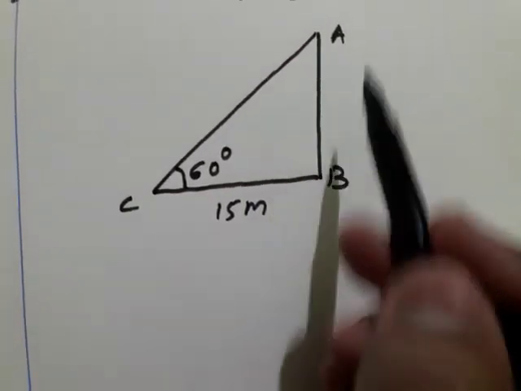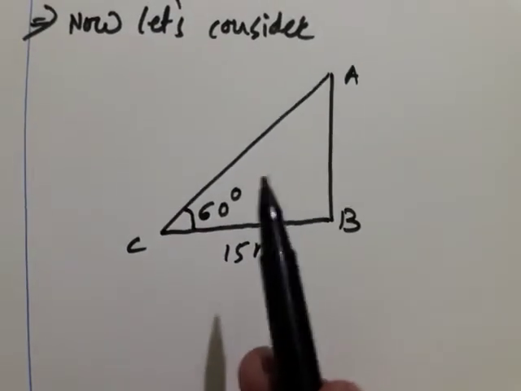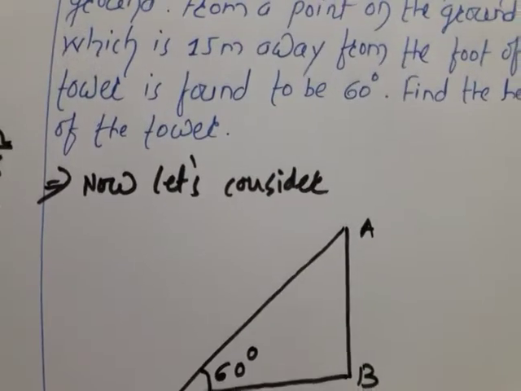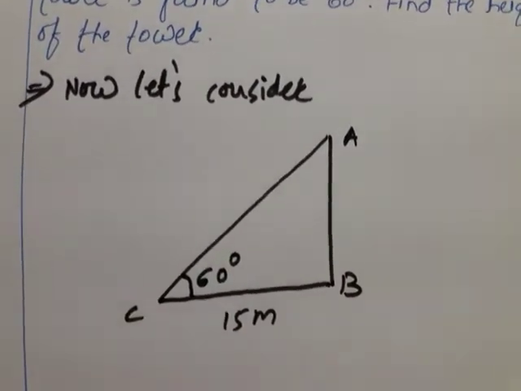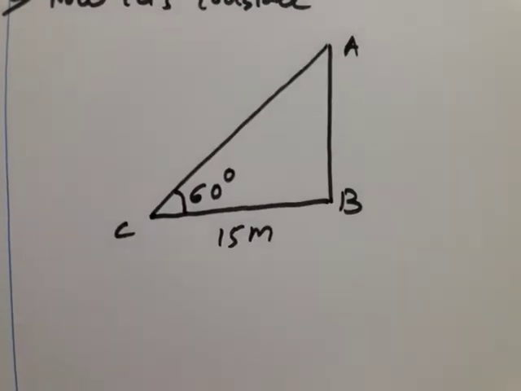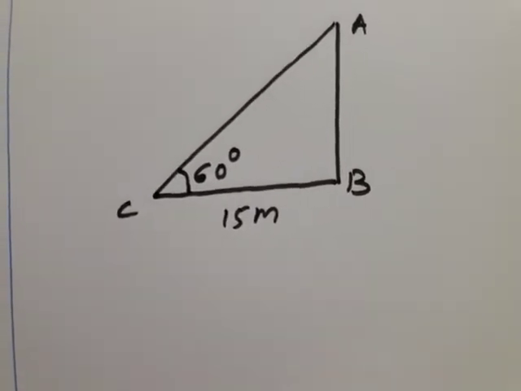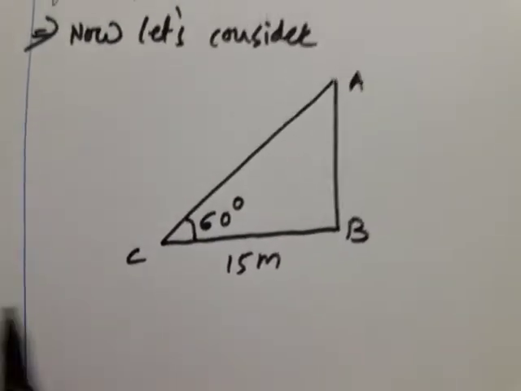We want to find out AB, which is nothing but what we have considered as the tower. We have to mention it here because it is not given in the example. AB is the height of the tower and BC is the distance from that respective point to the foot of the tower. Are you getting? For that purpose, first of all, we have to mention over here. What will we mention? Look here.